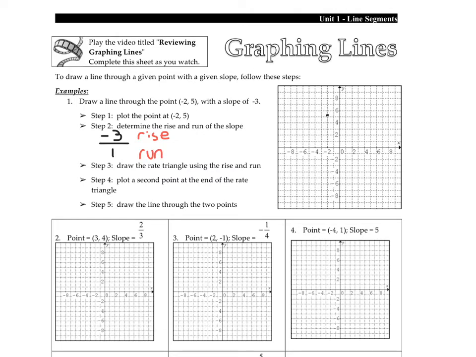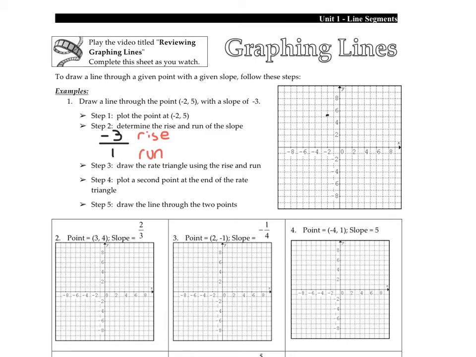Now we have to know what negative numbers mean. When your rise is positive, that means you're going up. When your rise is negative, you're actually going down. When your run is positive, you're moving to the right. When your run is negative, you're moving to the left. So in this case, we're going to go down 3 and to the right 1 from that original point we